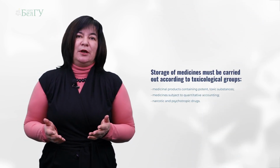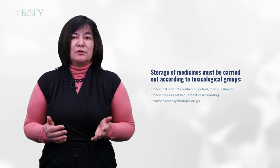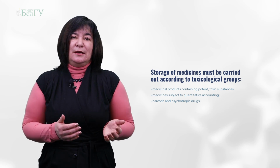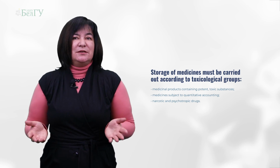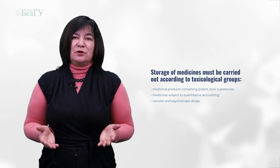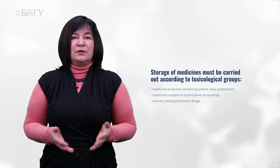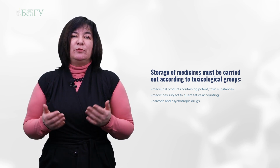Storage of medicine must be carried out according to toxicological groups: first, medicinal products containing potent toxic substances, then medicine subject to quantitative accounting, and last, narcotic and psychotropic drugs. Highly active and radioactive materials, narcotics, other dangerous materials and pharmaceutical products, and also fire and explosive substances, for example, inflammable liquids and solid substances, gases under pressure, should be kept in specially located places equipped with additional means